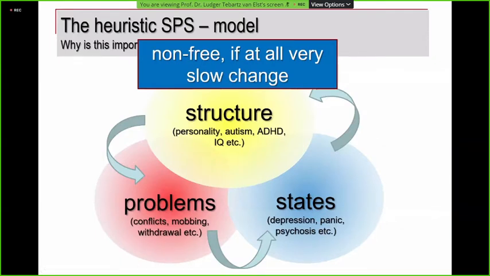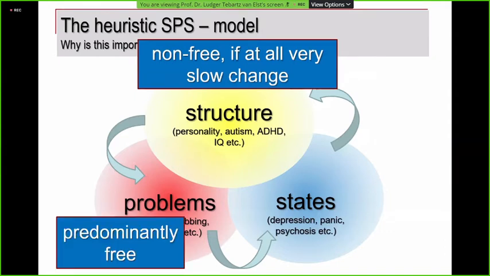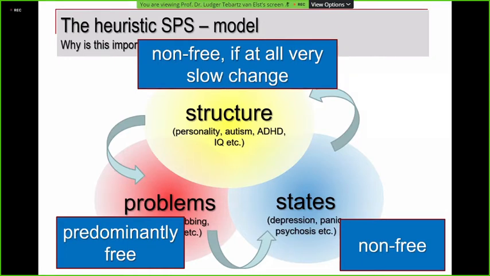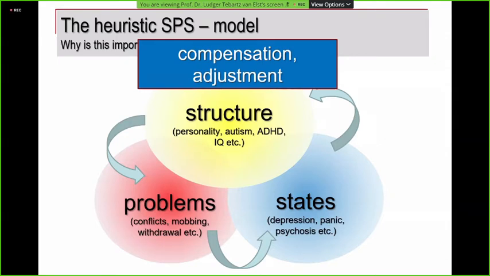Why is this important? Why is it important at all to sort out the mixture of phenomena according to this model? Well, it is important because it does have therapeutic implications. If you deal with structural phenomena, the person, your patient, is non-free. And if at all, that's an interesting question, can you change structures in the psychological dimension? We might discuss it at the end. I think you might be able to change it a little bit, but if at all, only very slowly. In the problem pole, people are predominantly free, and that's where you can change most in the psychotherapeutic domain. And in the pole of the states, of course, you are unfree, and respectively, you have different therapeutic